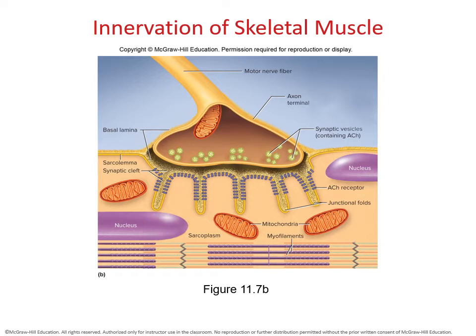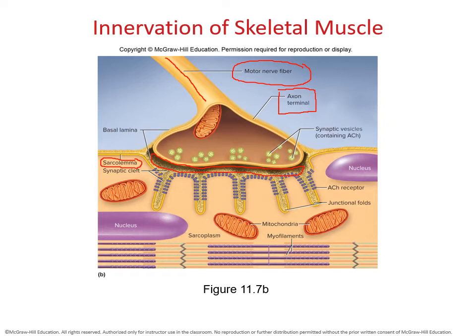Sorry about the delay. All right, so here we see our motor nerve fiber, and this is the axon. So we see that the axon is going to extend, and remember, we're going to have a knob at the end. So that's your axon terminal. And it's going to hover ever so closely to the sarcolemma. Here's my sarcolemma. That's my plasma membrane for my muscle cell. And you can see they're not physically touching. There is a space, your synaptic cleft right here. And then the Schwann cell is basically what's protecting any type of outer entities from coming to the inside.